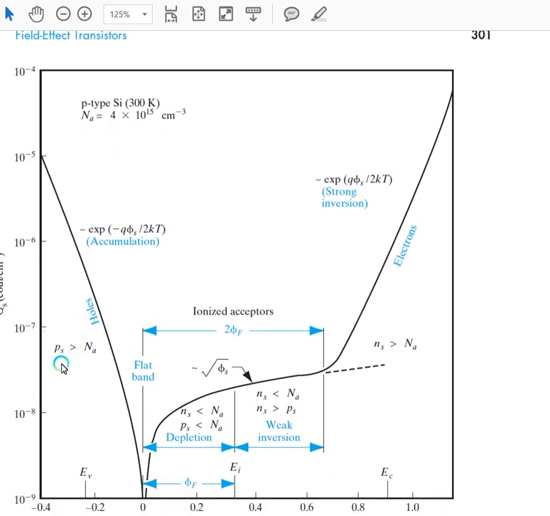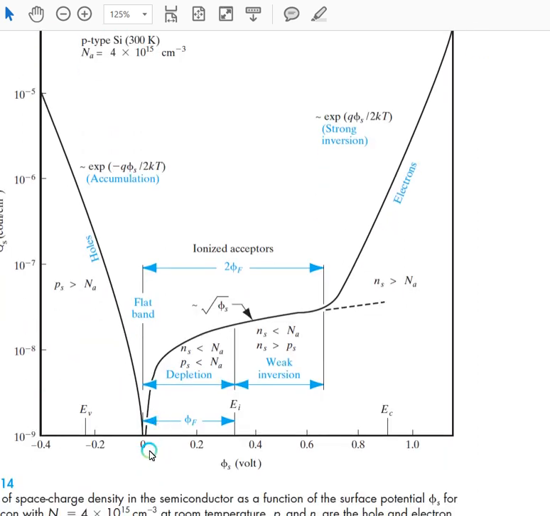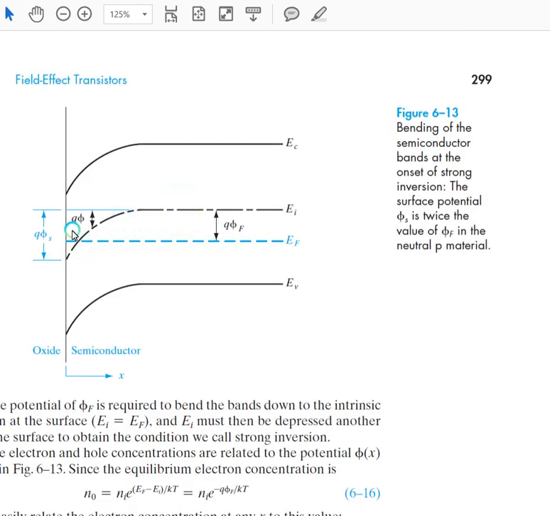And then when it is 0, the accumulation is decreasing. When phi s starts getting positive, that means when EI is starting to come below EF, or bend down from its equilibrium position,